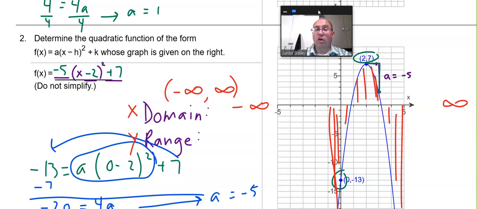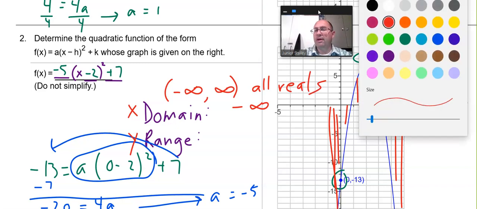That's the equivalent of all real numbers, okay? But you're going to most likely see negative infinity to infinity. Okay, well, what about the